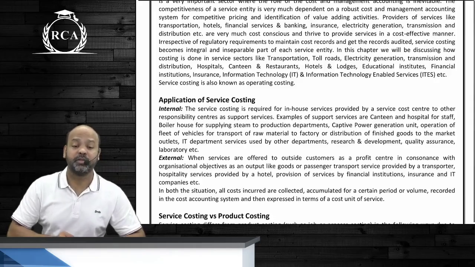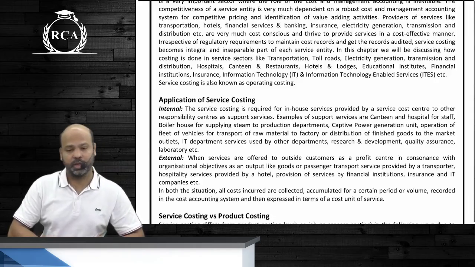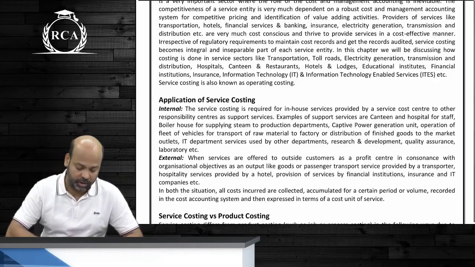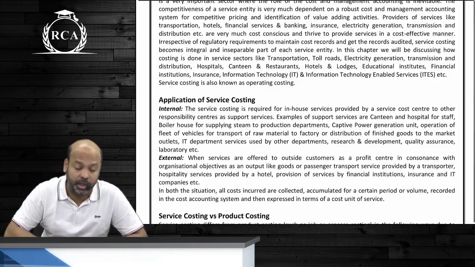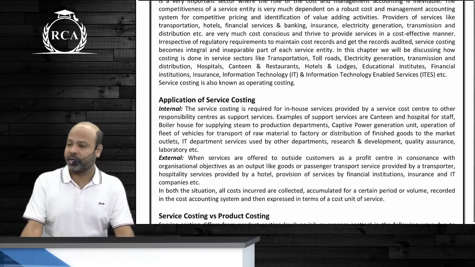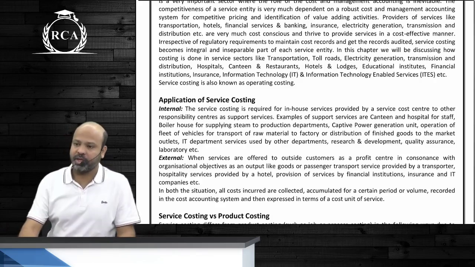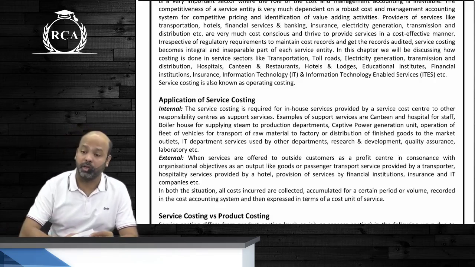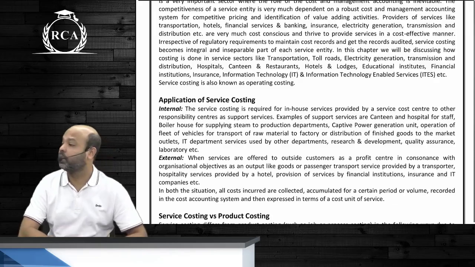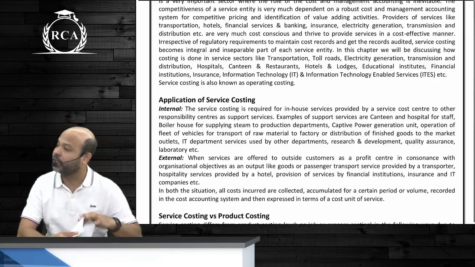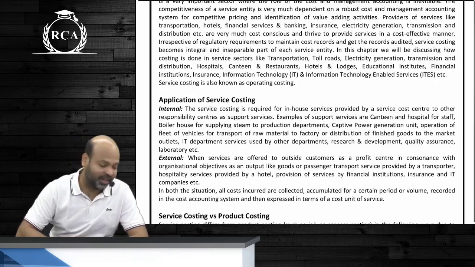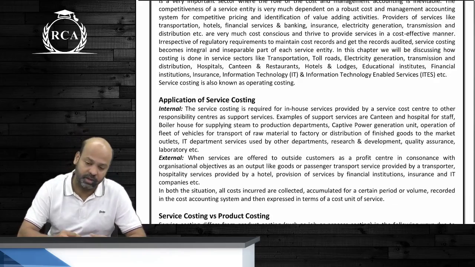There will be direct expenses, but expenses will not be the major component of your expenditure. It will not be material, it will be labor for a majority of the service. All right guys, when you say service sector as such guys, we are talking about industries that are involved in the business of rendering services. IT, yes, but it can be IT sector guys, or it can be transportation business guys, it can be